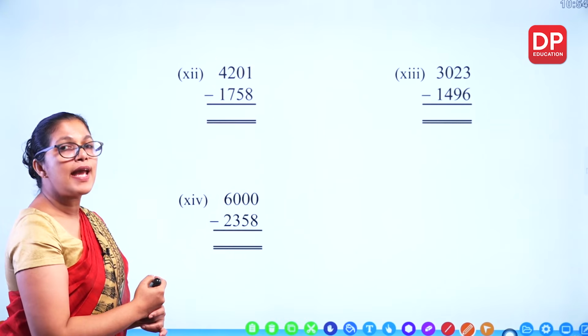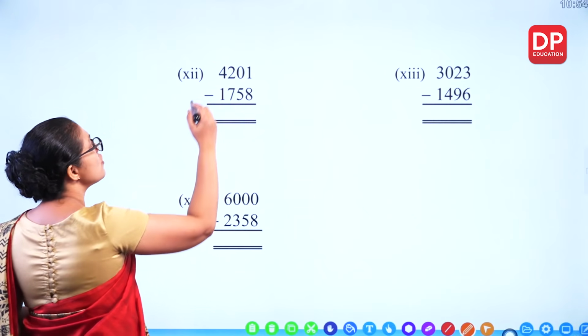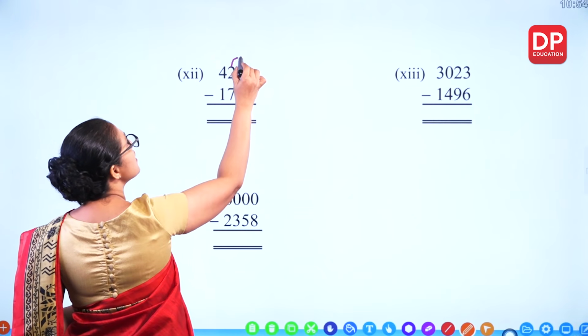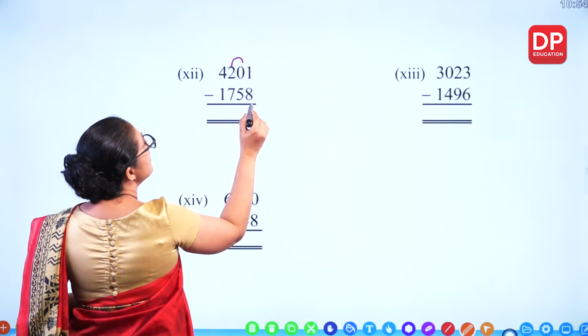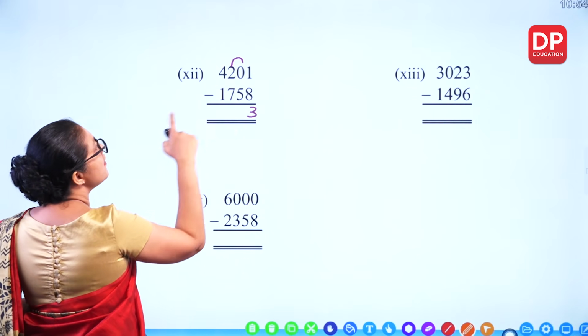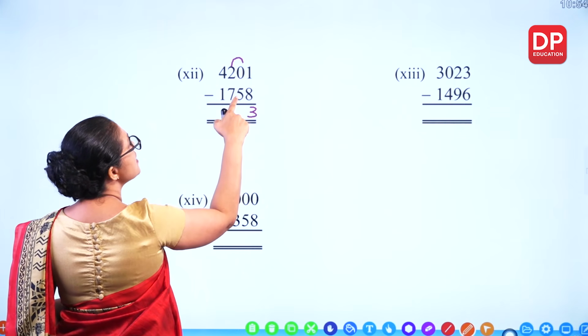Can you subtract 8 from 1? You can't. You have to take 1 from here. So we are taking 1 from there. 11 minus 8, 3. And here it becomes 9. 9 minus 5,